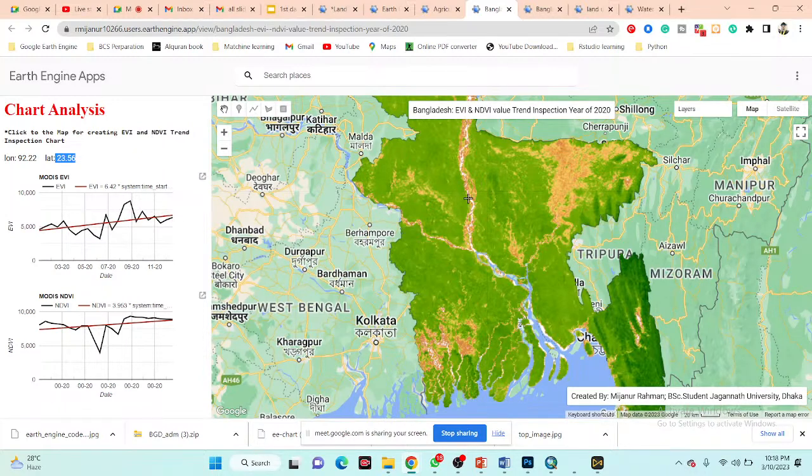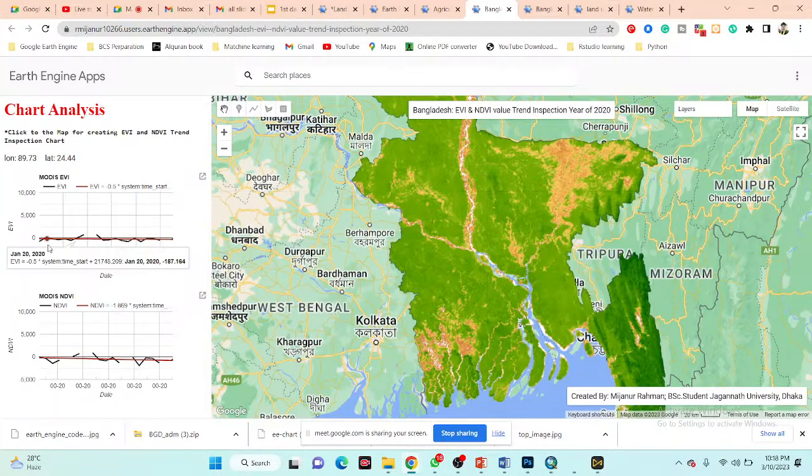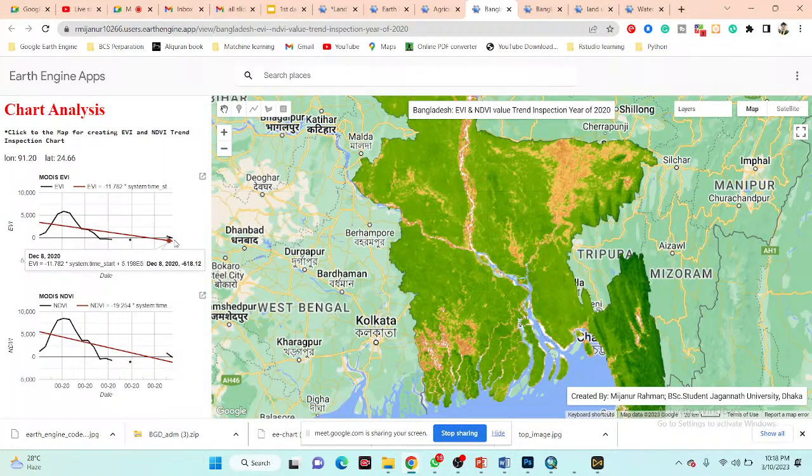Suppose I click on any barren land or water body, then you can see what happens. Now you can see it's showing the result like this. So it will be decreasing. This is the low land. This trend is low. I click here. You can see this is a low trend. So it means that day by day for this coordinate, the vegetation is decreasing. You can see the vegetation decreasing. Okay, so this is one kind of application for monitoring EVI and NDVI trend inspection. Also you can see